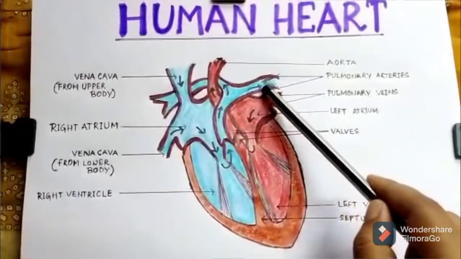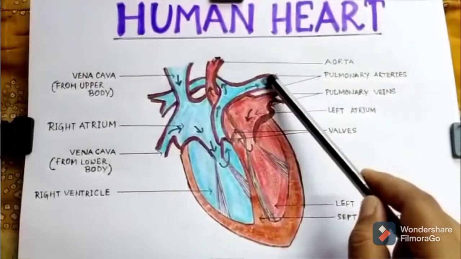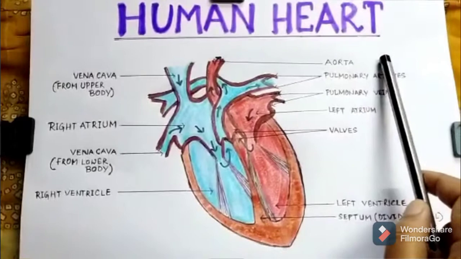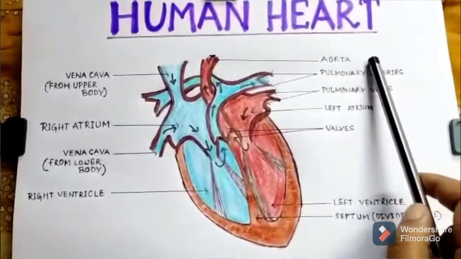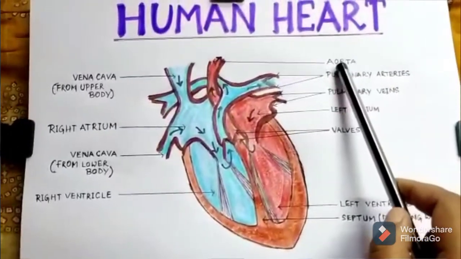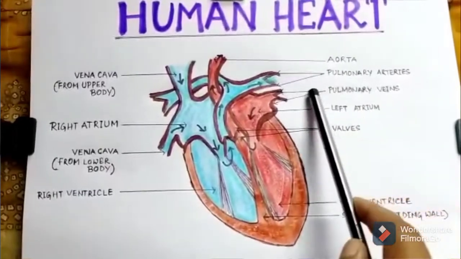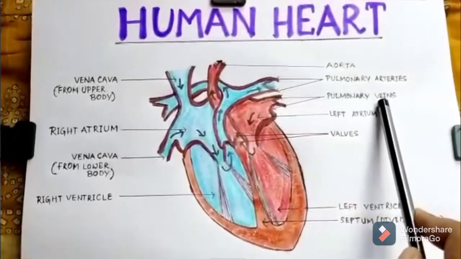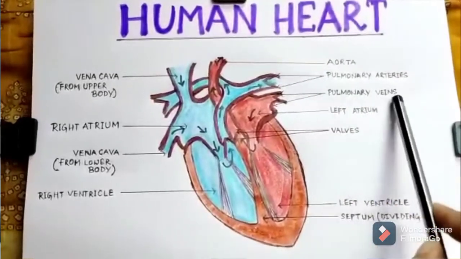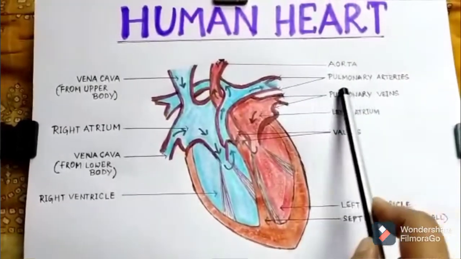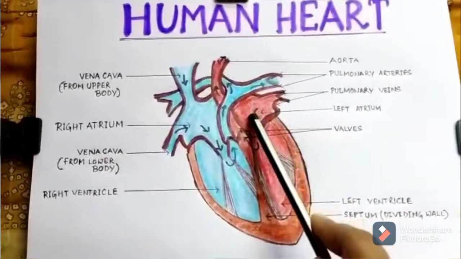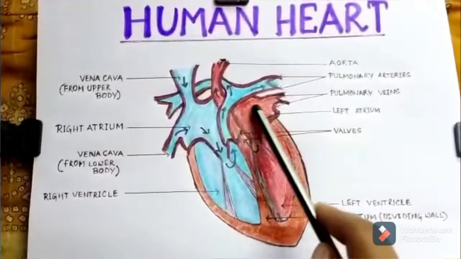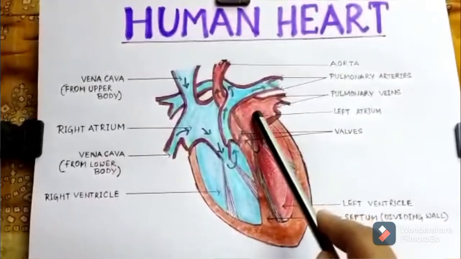Clear? The deoxygenated blood from the pulmonary artery goes to the lungs for oxygenation. After the blood is oxygenated, means the blood is purified and oxygen rich blood is there. So this oxygenated blood now comes from the lungs through these pulmonary veins. Remember, vein must collect the deoxygenated blood, but here is an exception. Pulmonary vein collects the oxygenated blood from the lungs and then pumps this oxygenated blood into the right atrium.